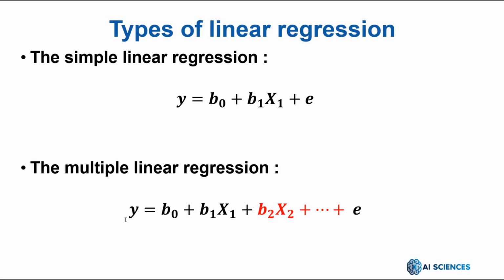In multiple linear regression, we use two or more independent variables to predict the value of a dependent variable. The difference between the two is the number of independent variables x. y equals b0 plus b1x1 plus b2x2 plus